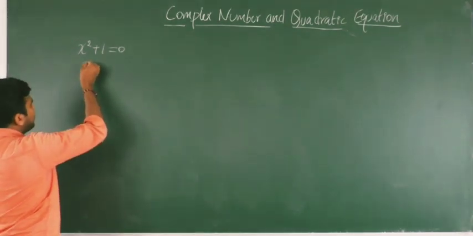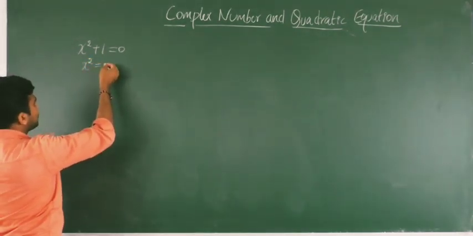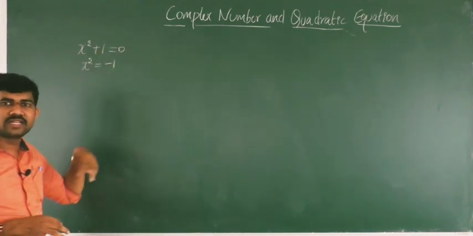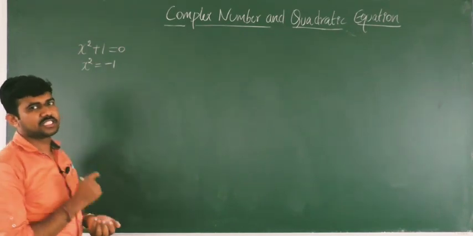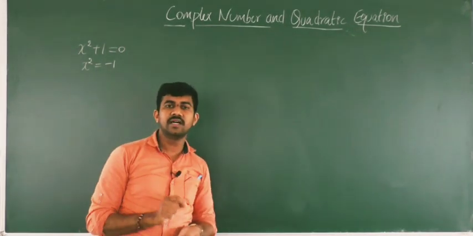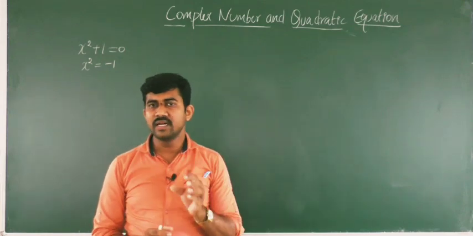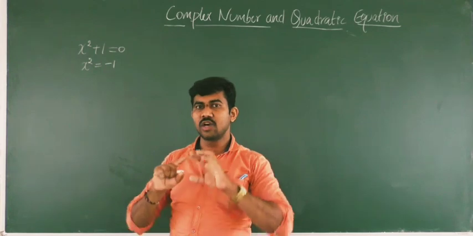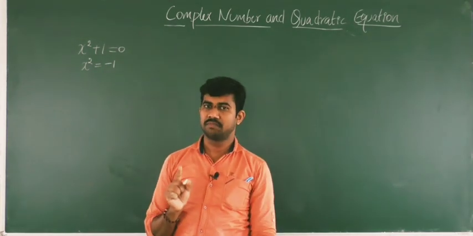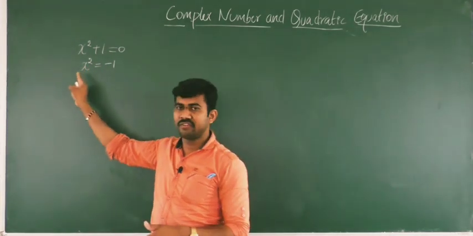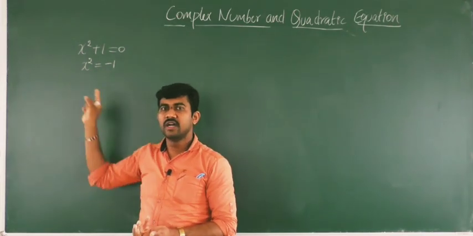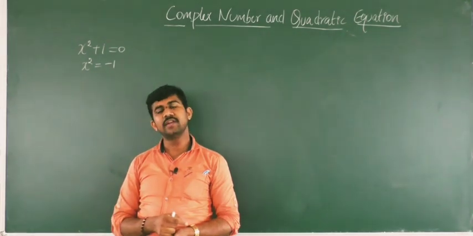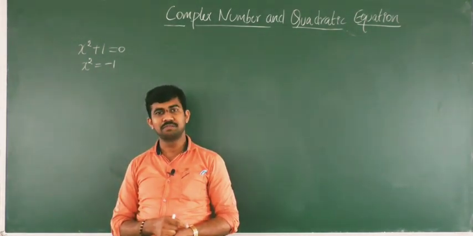To solve that, we have to do one operation like this: bring this 1 to that side. Okay, x square we got is minus 1. After that we have to find the x value. This is a step, right? But here remember, a square of a real number, these all come in the real number system. So any number if you consider, or any real number if you consider, whether the square of a real number is negative. Can you get the square of a real number as negative? No.